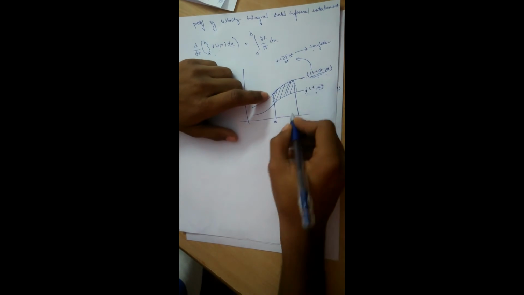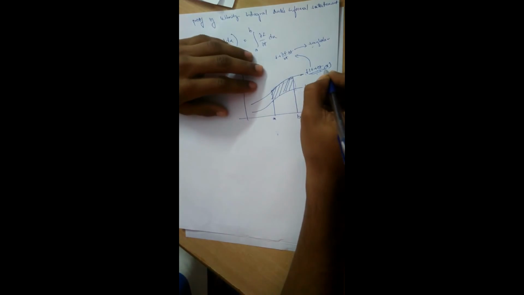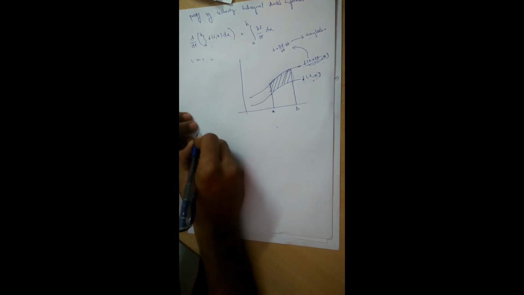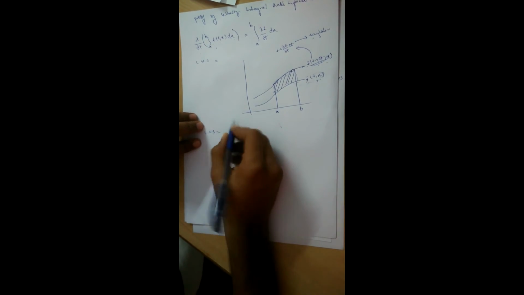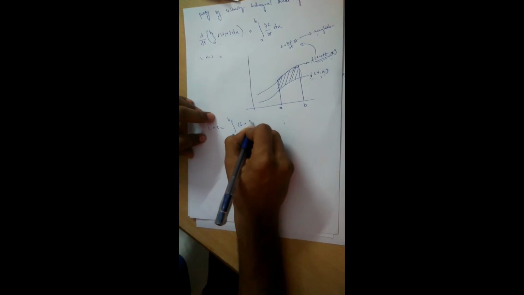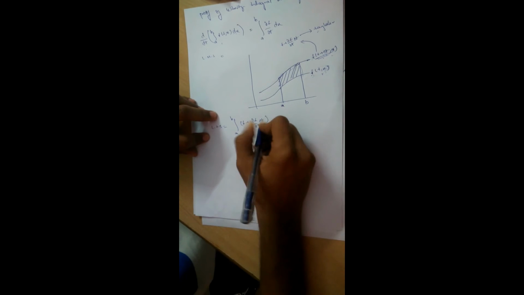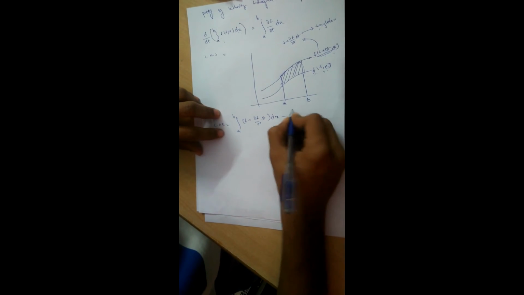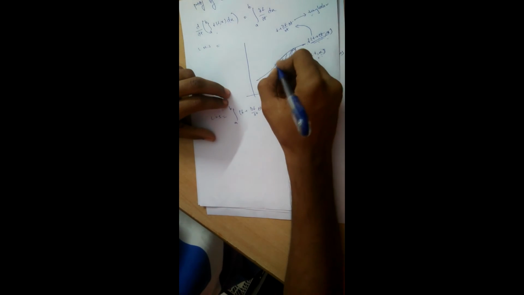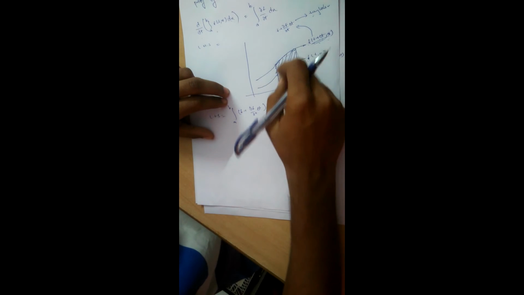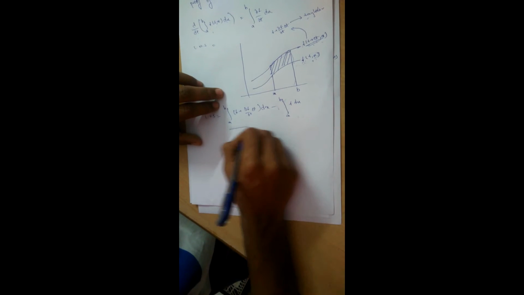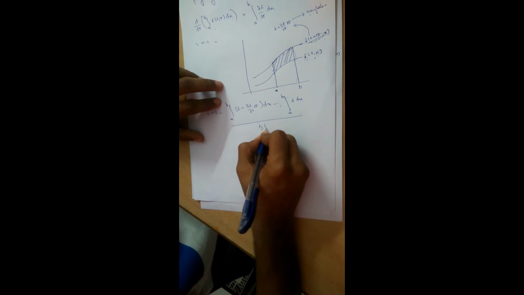The change in area can be found by subtracting the area under f(t, x) from the area under f(t + Δt, x). So that can be written like this: LHS is equal to the integral of a to b of (f + ∂f/∂t Δt) dx minus the integral of a to b of f dx, where this is the area of the whole graph under f(t + Δt, x), and this is the area under f(t, x). And we need the change of this area with respect to t.